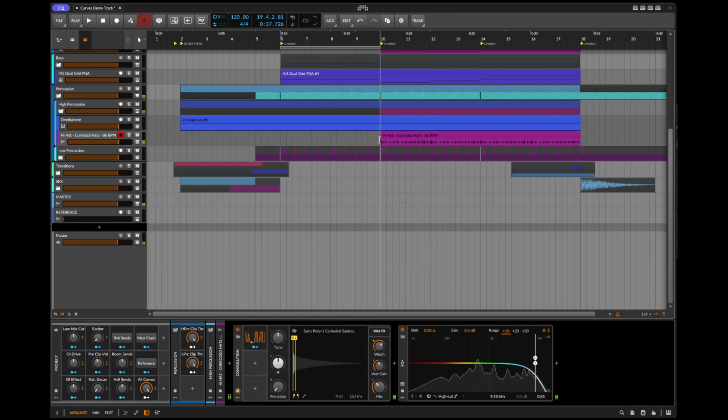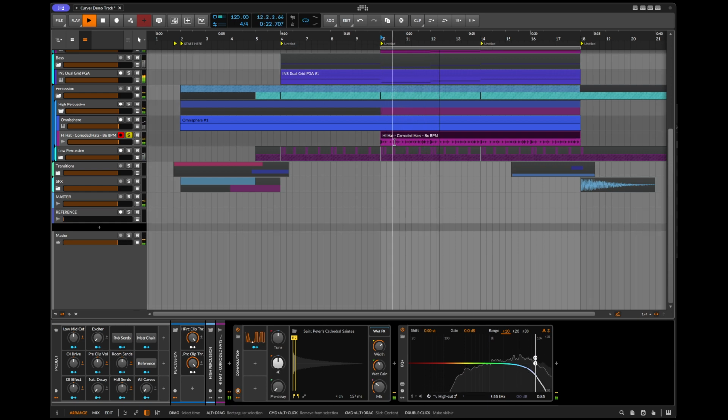Let's check out this hi-hat loop. I've got a project-wide modulator over here that's going to grab all of the curves and pull all of them down. So I'm going to pull this down now so that all you're hearing is the clean, dry sample without any curve input. Let's hear what it sounds like. Sounds like a perfectly nice hi-hat, but then when we add this back in,